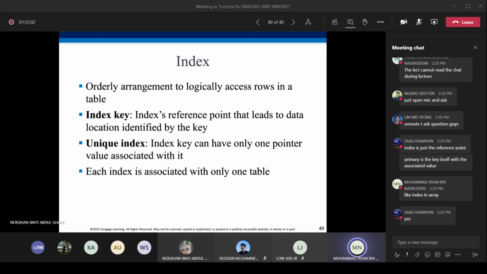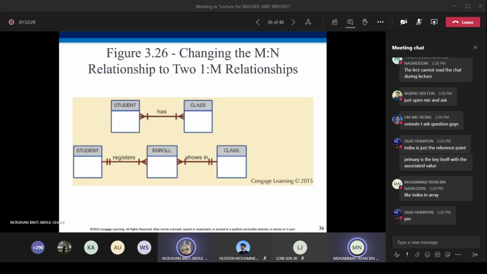Hello, I have a question. Regarding the one-to-many relationship, it's kind of ambiguous. In order to select a specific row, we have to use the secondary key, right? For one-to-many relationships, for example student and enroll, these are examples of one-to-many relationship.